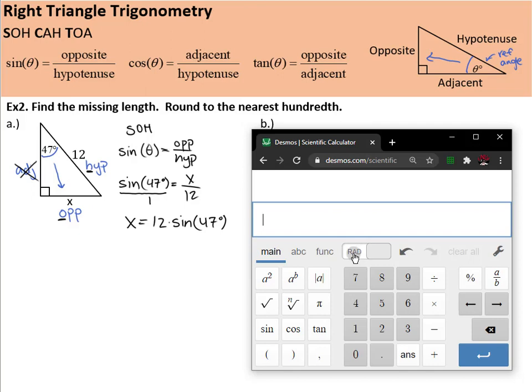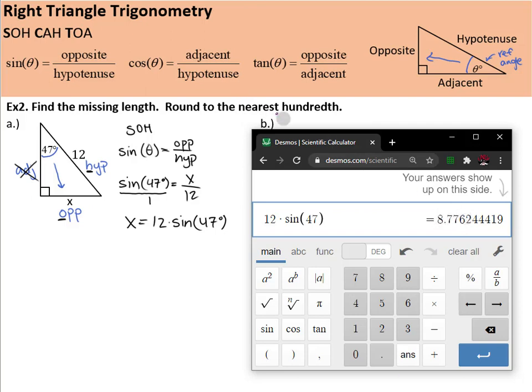Otherwise, you're in the angle measuring unit radians, which we'll talk about again. So degrees, and I want to do 12 times, and you'll actually see sine, cosine, and tangent right here, which is great, sine of 47. And as long as this is in degree mode, it knows that means degrees. And this is the length of my missing side,